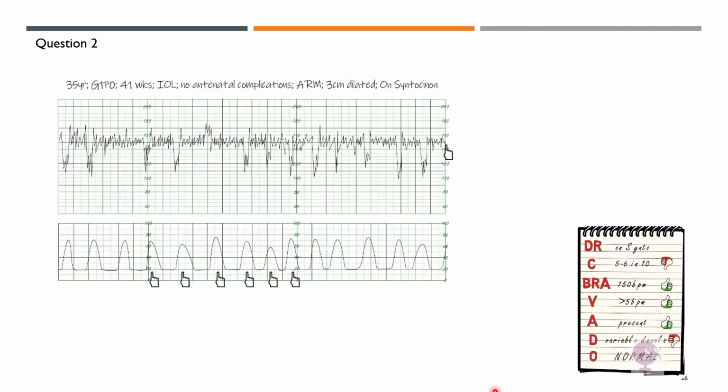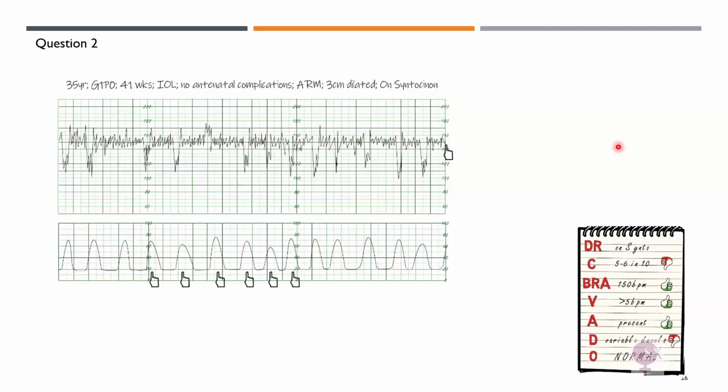Let's look at the contractions. If we look at a 10-minute period window, we can clearly see there's an average of 5 to 6, and it's more than 5 contractions in a 10-minute window. This is hyperstimulation. There is tachysystole. Looking at the baseline heart rate over here, if we draw an average heart rate, this is 140, this is 160, it comes somewhere in the middle, so we can say that is 150 beats per minute.